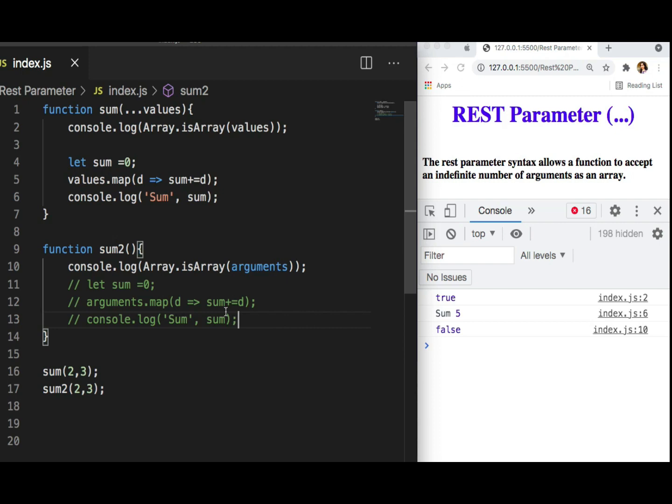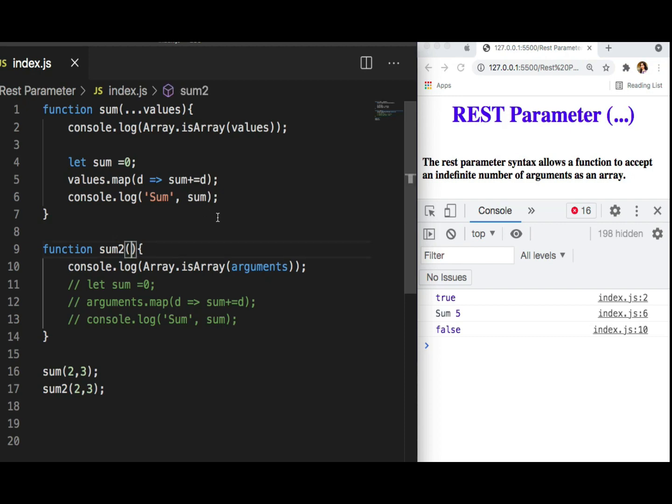So here you have to do an extra thing if you want to iterate over this and perform some action, you first need to convert arguments to an array. So now we can say that rest parameters are actual arrays, so you can perform all the array operations directly on the rest parameter. But the same thing we cannot do with the help of the arguments object. So definitely now we will use the rest parameter instead of arguments. Another difference we can say between arguments and the rest parameter is the way we are passing the value.